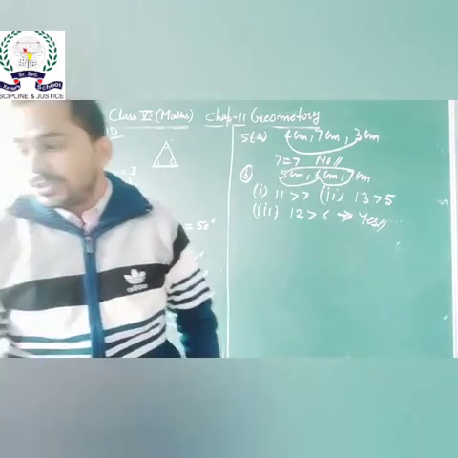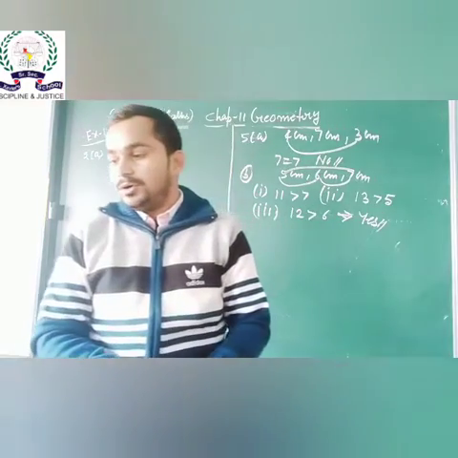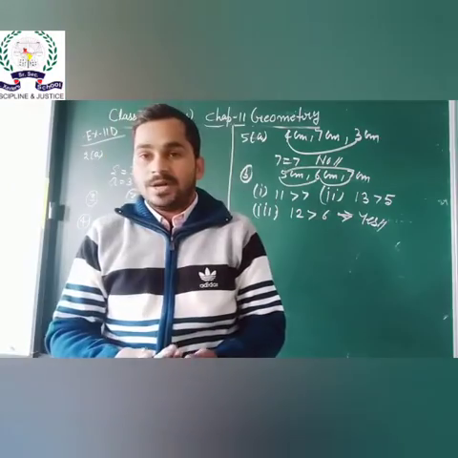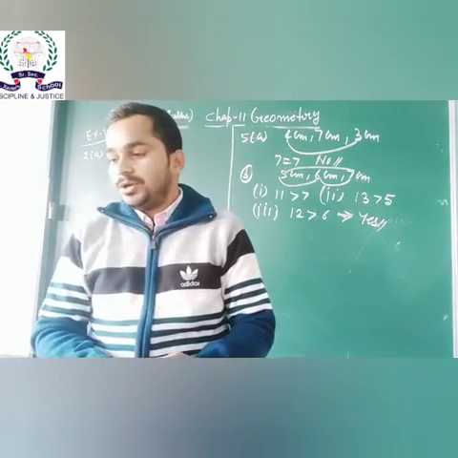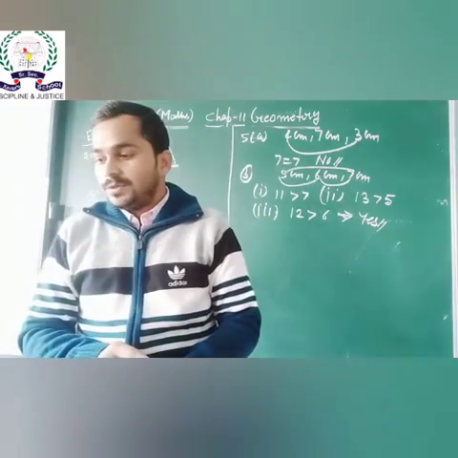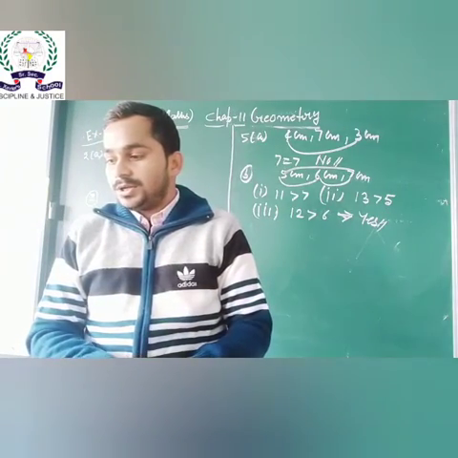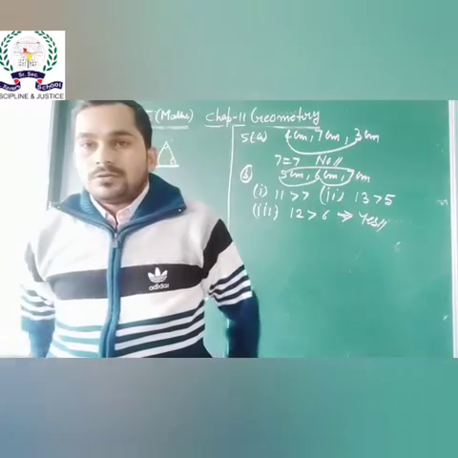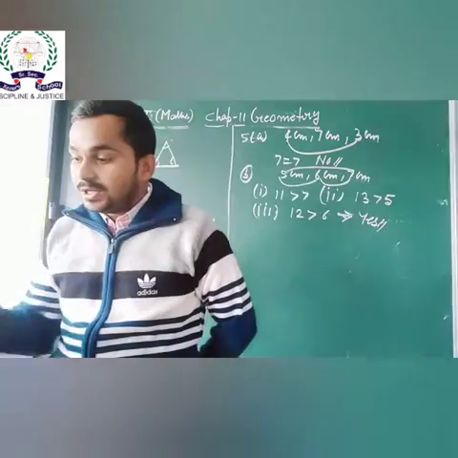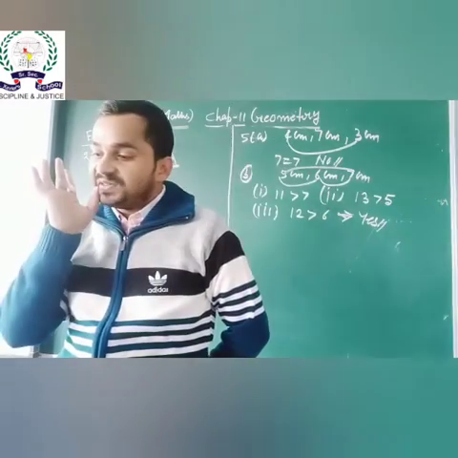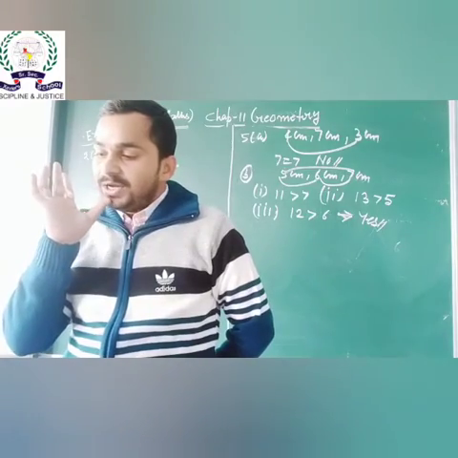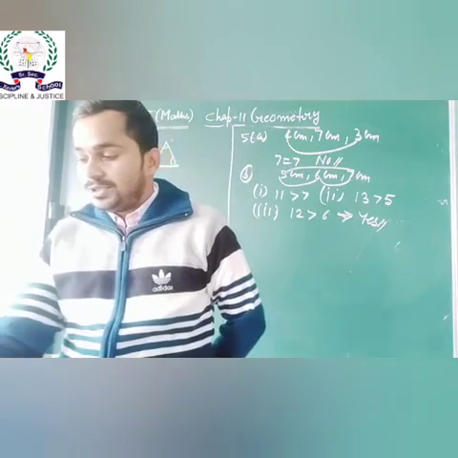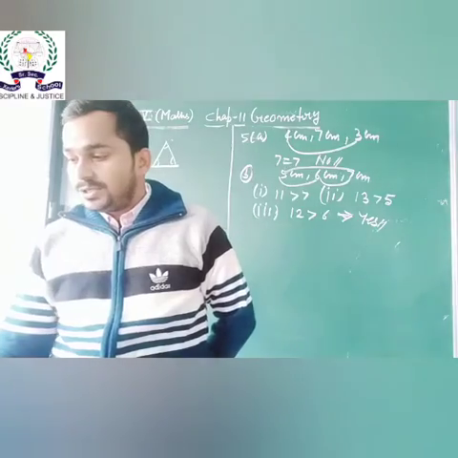Now question number 6, what is the special name given to a polygon? First, 7 sides, we know that is a heptagon. 10 sides, decagon. Question number 7, read the statement and tick the correct option. The first one is, which of the following sets of angles represents a right angle triangle? The first one is 90, 45, 45. So in this option we have 90 degrees. That means it is a right angle triangle.